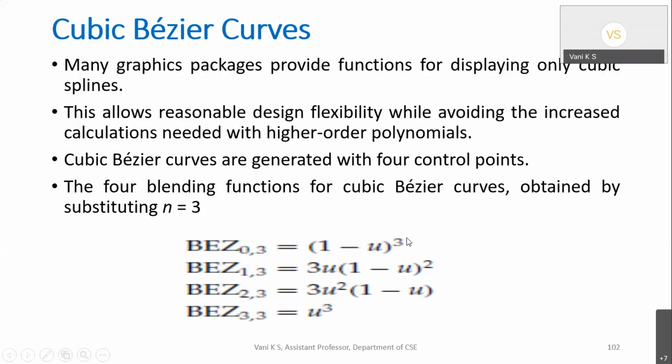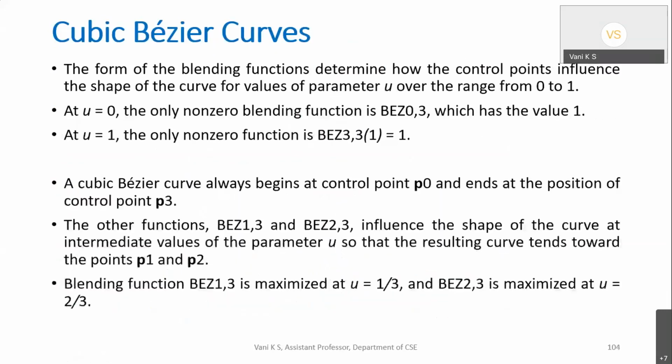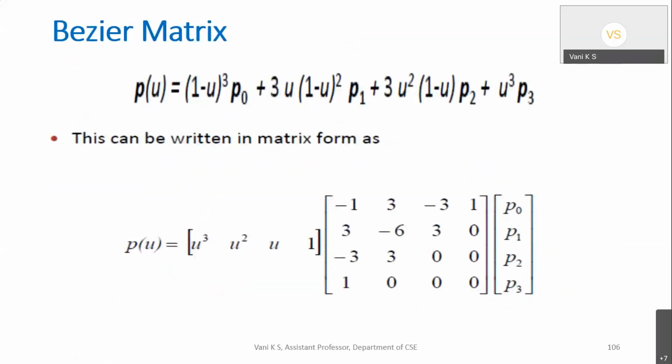And these are all the formulas. See here, the maximum exponent is 3, so then you call it a cubic Bezier curve. This is the formula for a cubic Bezier curve. How will each X, Y, Z be decided? P contains all of X, Y, Z. You observe the degrees: to the power of 3, to the power of 2, and 1 and 0. The same thing, written in a matrix form, is this cubic Bezier curve formula.